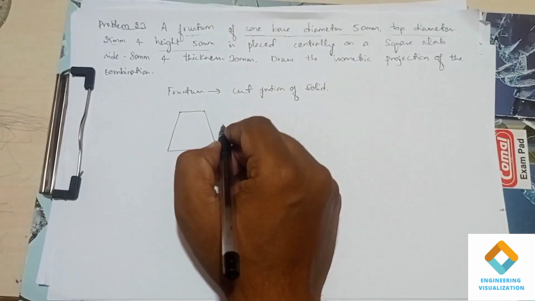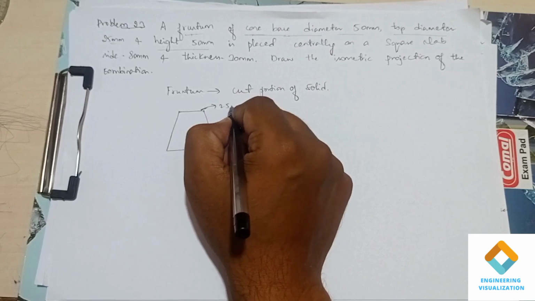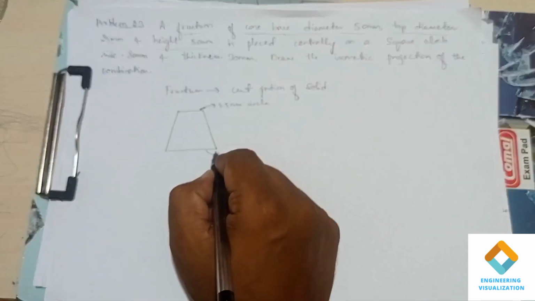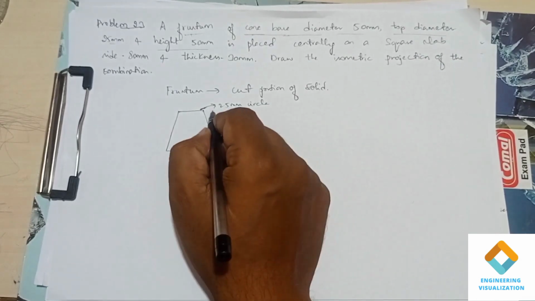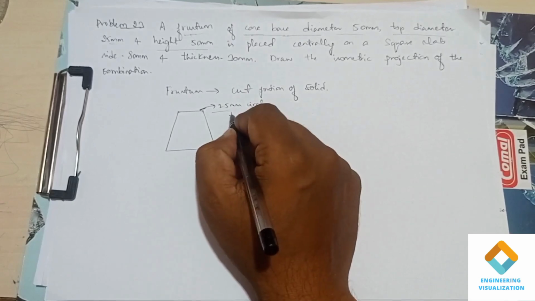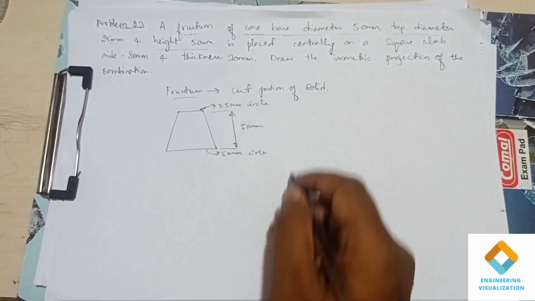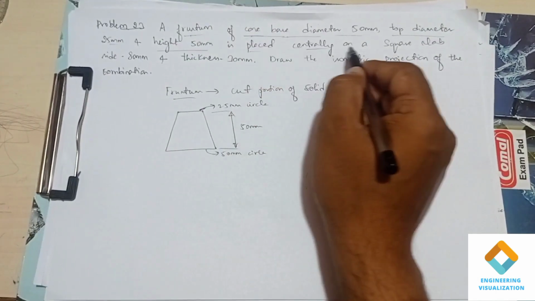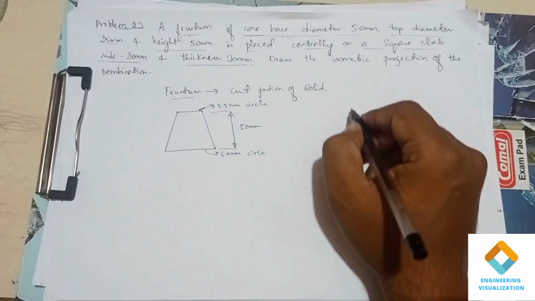So the frustum of cone consists of two circles. One is the 25 mm top circle, and the base circle is 50 mm diameter. There are two circles at a height of 50 mm given in the question. That means both the top and the bottom are circles of the diameter given in the question. Placed centrally on a square slab of 80 mm side and thickness